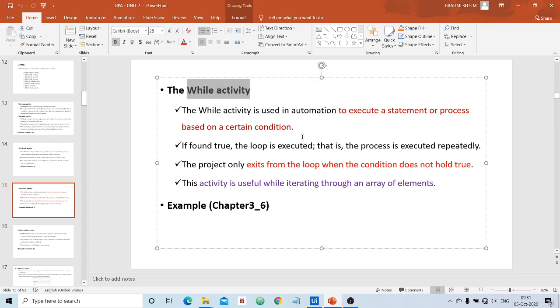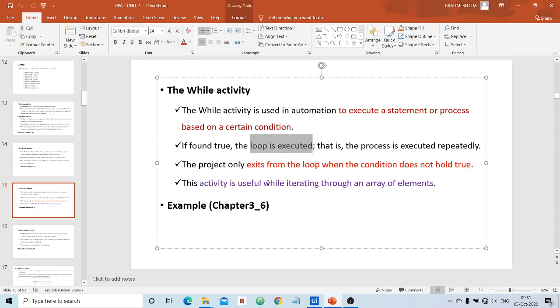Exactly in the same way, the same purpose can be performed by the while activity, which will execute a statement, actions or a process based on a certain condition, until that condition becomes false, the loop will get executed, right?